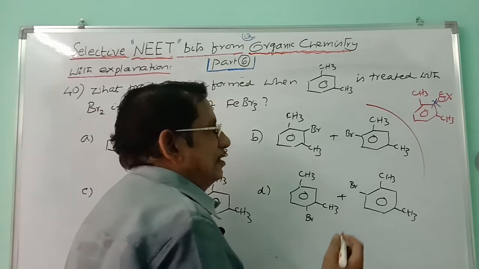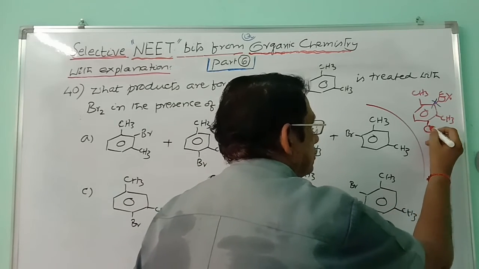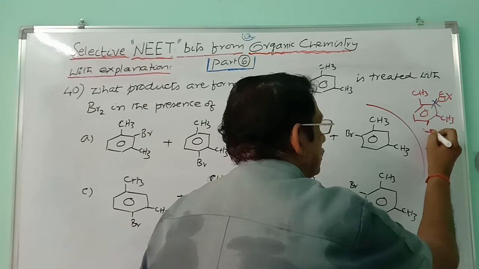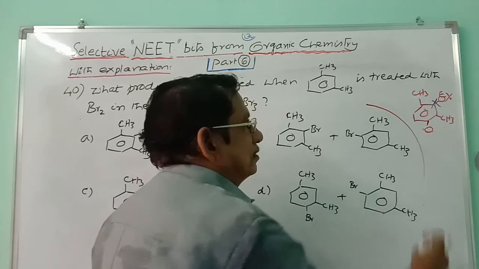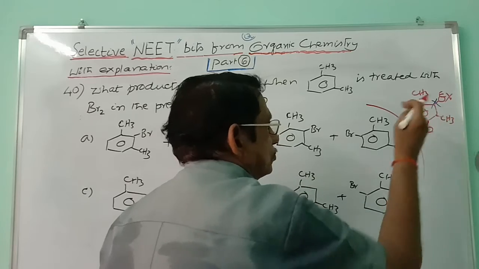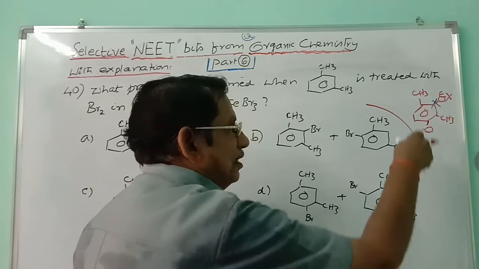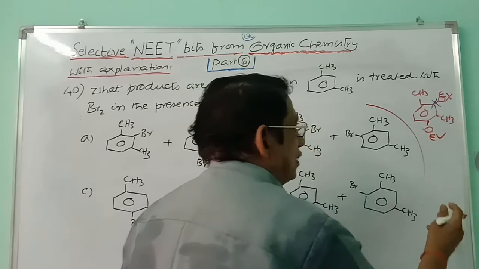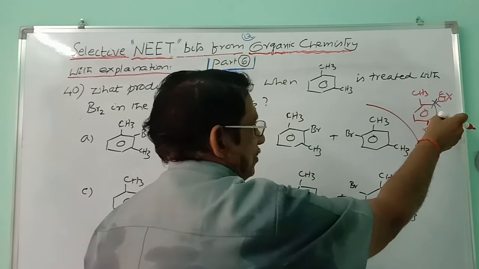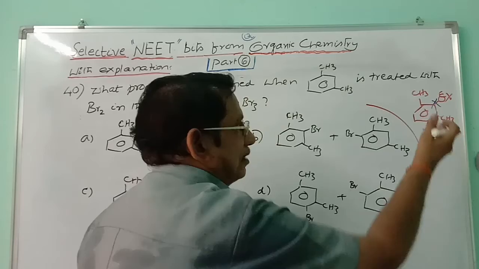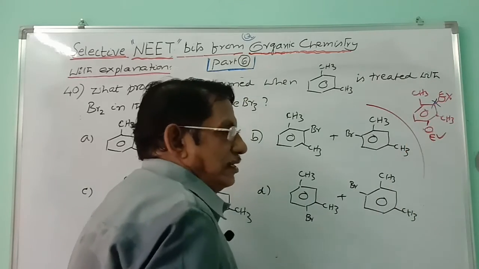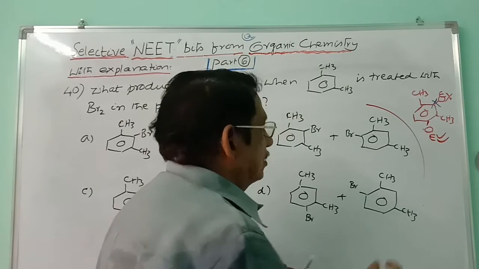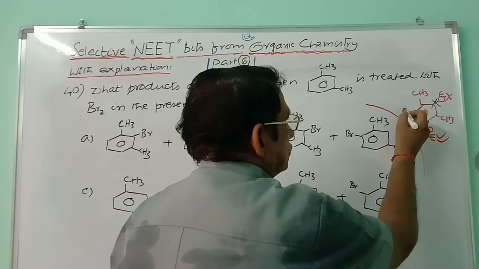On the other hand, if you take this position, if you take here, this is para position to this, ortho position to this. Both are releasing character, and so here the electron density will be increased. Electrophilic attack is proper, and there is no much steric effect, because only one methyl group is there, other methyl group is far away, and so this attack is suitable. Similarly, you can take a third position. This is the third position.